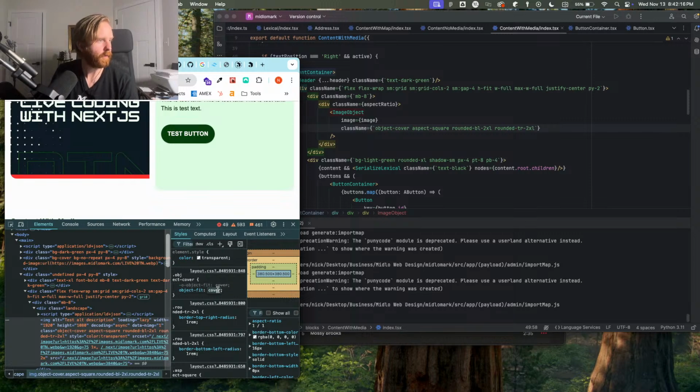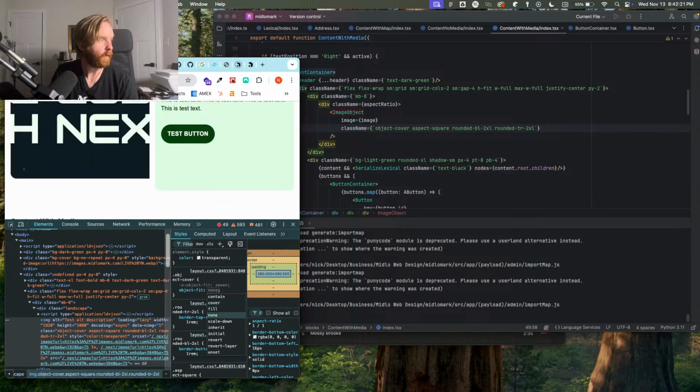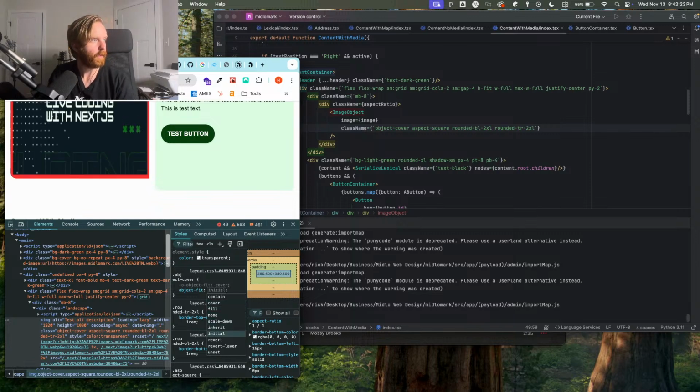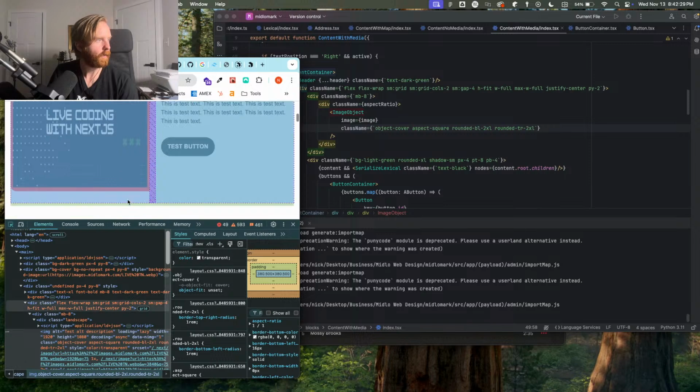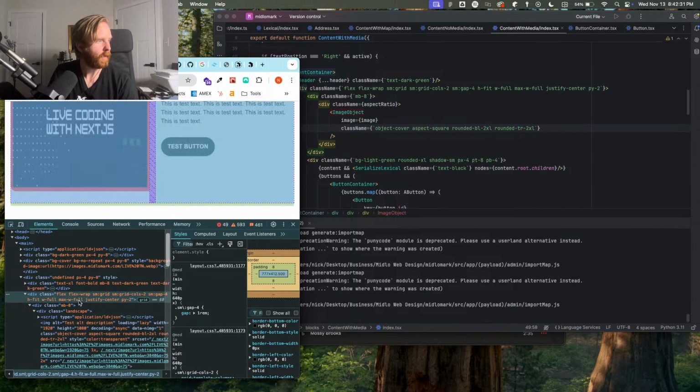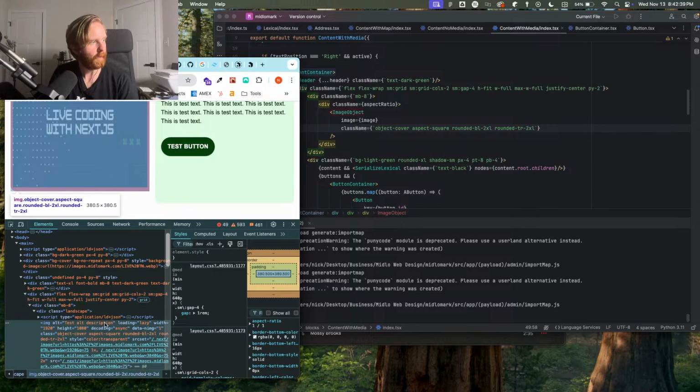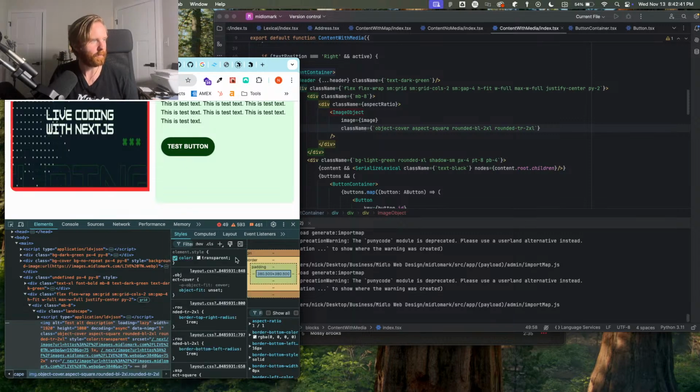What else is there then? Cover. We got contain, we got cover, we got fill, we've got none. Scale down, inherit, initial, revert, unset. And so I think the problem is that the container is not big enough, which means that I do think, well, here's where, and let's see if, I don't like this solution, but if I do,